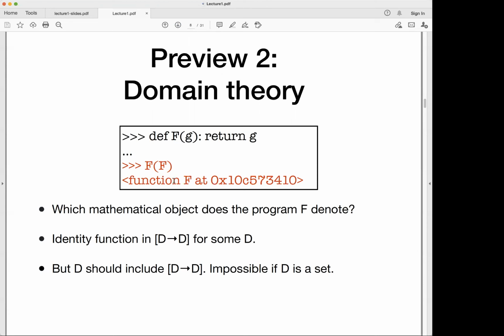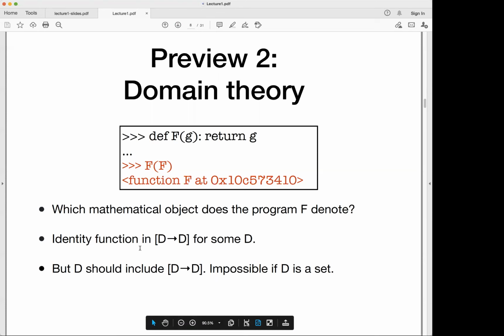So, in terms of actual implementation, what happens is that the argument capital F is going to be an object, a function object, and so we are passing a function object as an argument to capital F, because capital F is the identity function. It's just going to return this function object as the result. Okay, but from the mathematical point of view, this causes some issue because we said this function